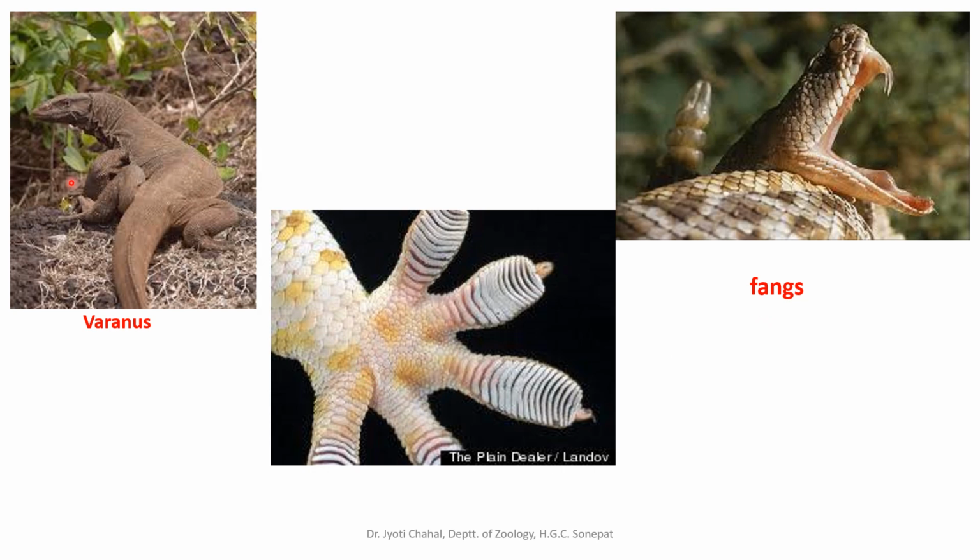Then next is how they used these Varanus. They would tie a rope around their trunk region, revolve them and throw them at the fort wall, and they would hang on to the wall, and the soldiers could move upward by using the grasp and the grip of this Varanus. So they could move upward on the wall of the fort.